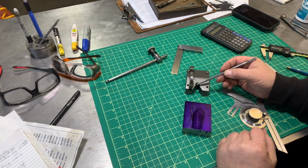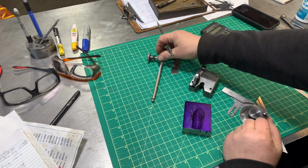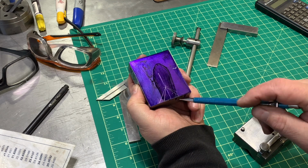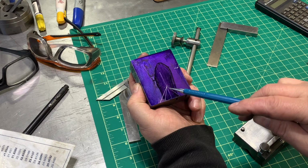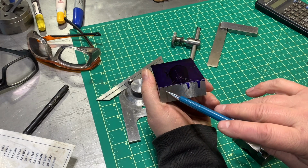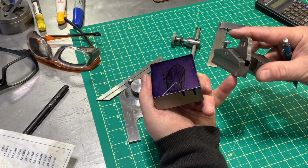So I need to make a feature that's going to accommodate this rod. I'm going to make this 3/8 of an inch, 375 thousandths. As you can see here, multiple scribes. These would be the 45 degrees on the outside, and this is 60 degrees. And 60 degrees leaves us a lot more material here to do the feature that's required for this item here,